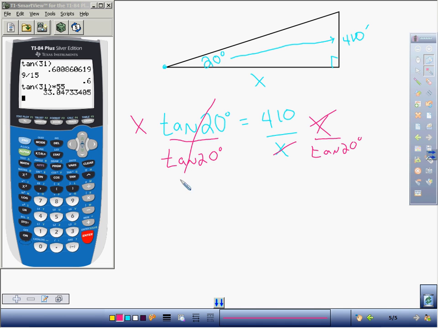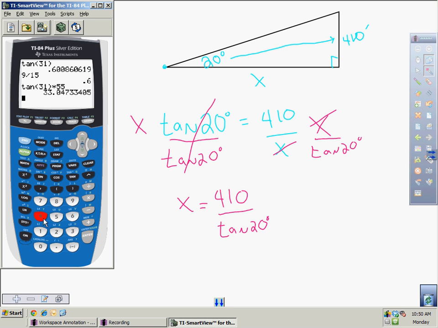These tan 20s go away. What I get is that x is equal to 410 divided by the tangent of 20. Okay? And now to plug that into your calculator, watch. Different calculators work different ways, but most of them work this way. Let's clear first. Okay? Clear. So I'm going to go 410